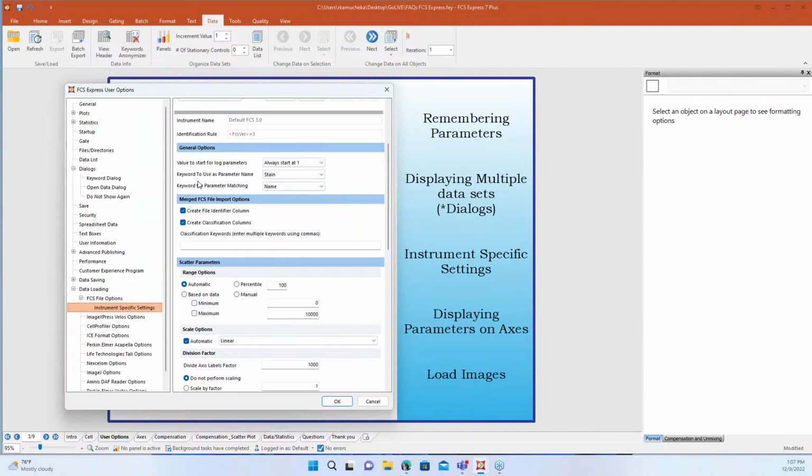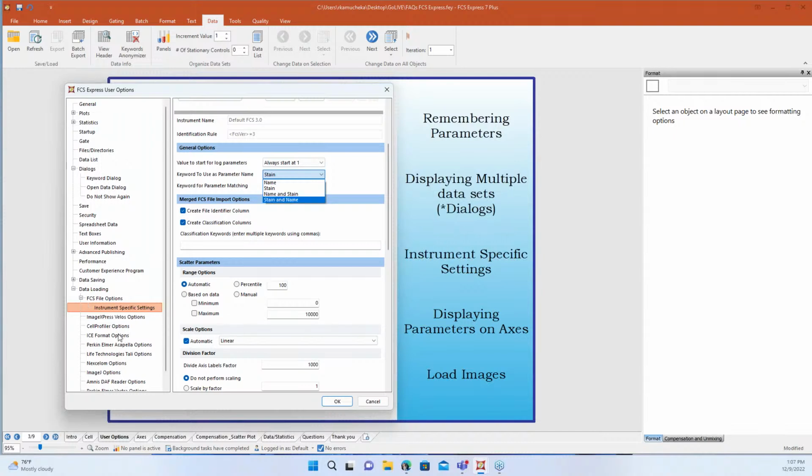Now, most importantly, I get this often: I'm displaying my parameters on the axes, but it's not showing my antigen, or it's not showing my fluor. Here is where we would modify that. Using this drop box, we can use name. Name is from the instrument, so this is just how the instrument has named a detector or a filter, whatever is named from the instrument is going to be shown here. Stain is anything that the user inserts into their acquisition software. And then name and stain, or stain and name, is just prioritizing: do I want the name first and then my stain, or stain and then name? I can organize that however works.